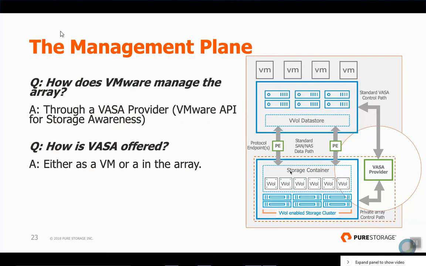Now, you might be saying, well, hey, that VASA provider seems pretty important. What happens if it dies? Is all my I/O stop? Well, no, because this is a SCSI handshake, right? This is a SCSI transport. All the VASA provider is doing, just like your vSphere interface. If your vSphere interface dies, right? If that VM dies,